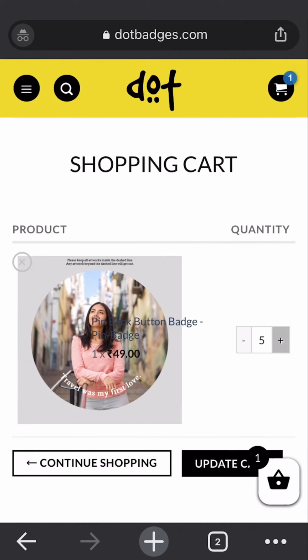Adjust your quantity if required, continue shopping, update your cart, or proceed to